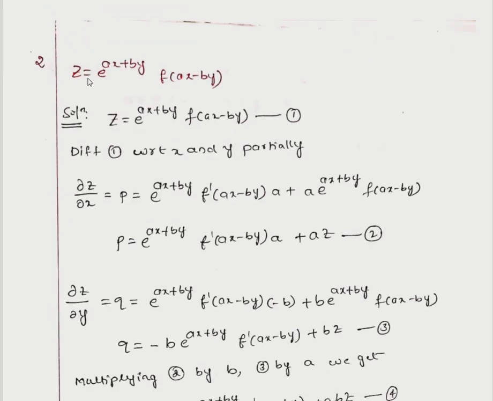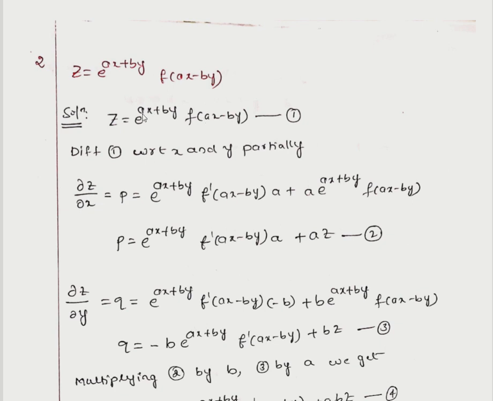Similarly, second problem: formation of the PDE by eliminating the arbitrary function. Here z is equal to e power x plus by into f of ax minus by. Solution. Write the given data. Call this equation 1. Differentiating equation 1 with respect to x and y partially. Here, the differentiation of z partially with respect to x is dou z by dou x, that is p. P is equal to,